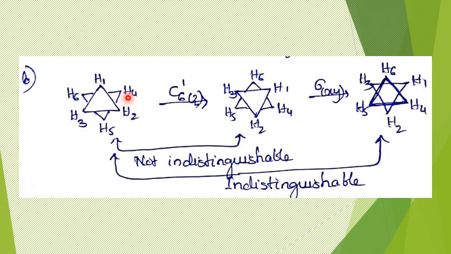Now simultaneously, H4, H5, H6 will also change their positions. And how do they change? H4, which was present here earlier, now comes on the back carbon itself, so it will take up this position that you can see here. H4, which was present here, has come here on the back carbon. Similarly, H5, which was here, by 60 degree rotation on the back carbon atom will be somewhere here, so that you can find here. Similarly, this H6, originally it was here and now it will come here.